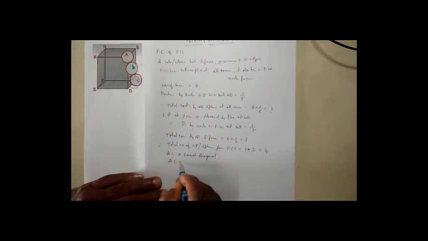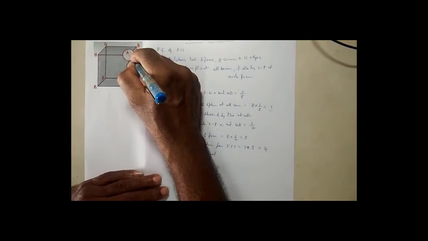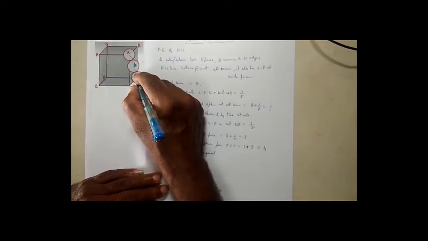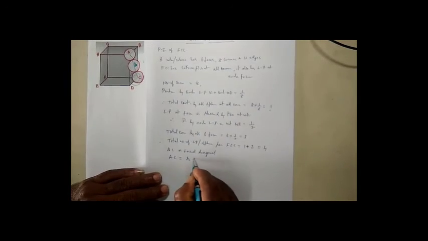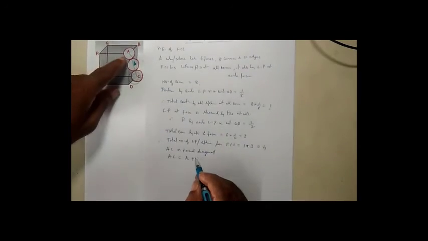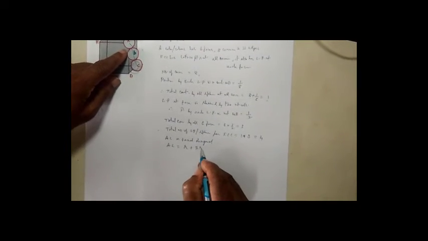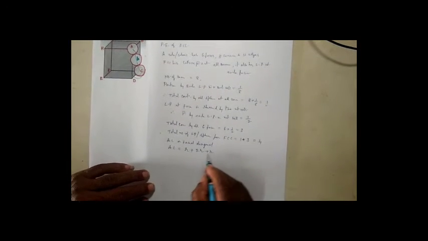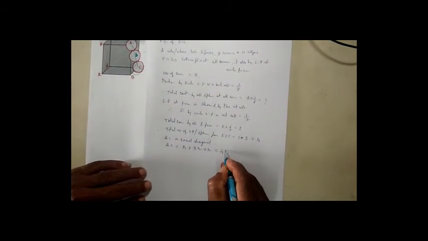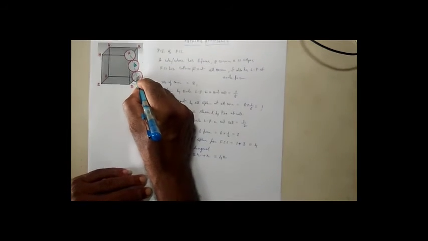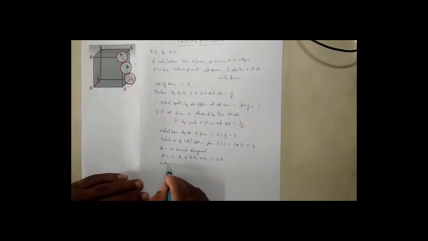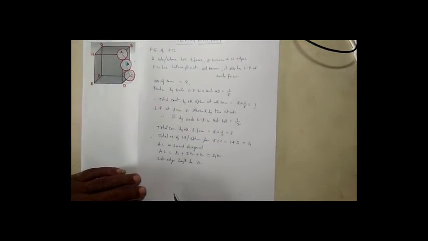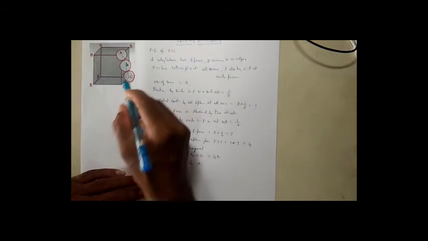So AC equal to, here this is R radius and this is the total diameter and this is radius. So R, the radius of the first sphere, plus the diameter of the middle sphere, and the diameter of the last sphere. Therefore, R plus 2R plus R equal to 4R. Now, this is the edge length. Let edge length be A units.